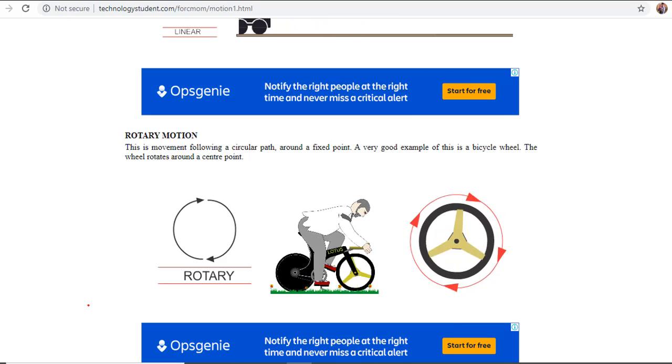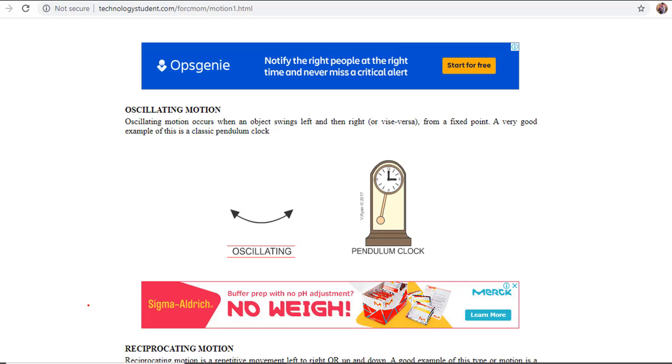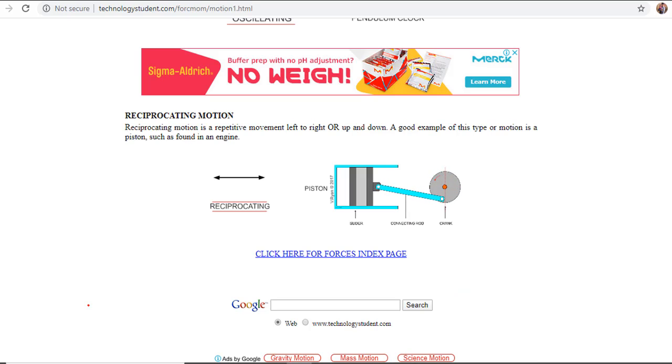Our third type is oscillating motion, in which the object swings left and right from a fixed point. So this is our fixed point. Now from the fixed point, the object, this is a pendulum object, swings from left to right and right to left. Okay. Our fourth type of motion is reciprocating motion, in which an object moves from left to right and